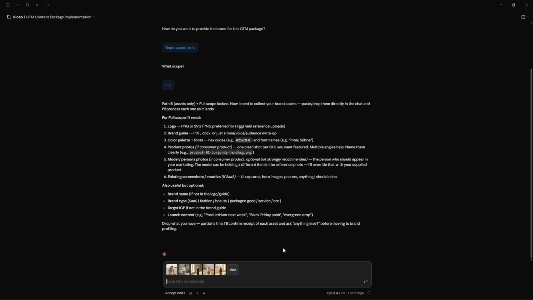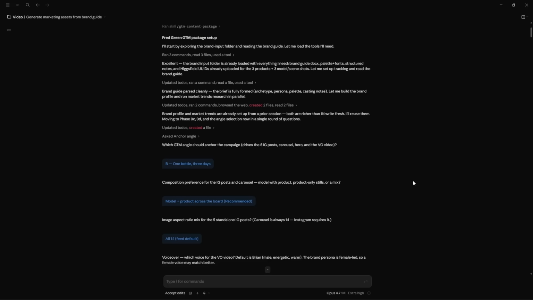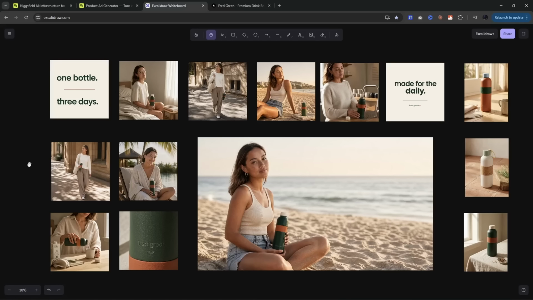All right, so I've just dragged and dropped those in here. Now we can hit go and see what happens. Now, again, this can take 2 to 5 minutes for it to run through, so we'll just come back when it's finished. All right, so these are some of the images that Claude has returned back using that skill and